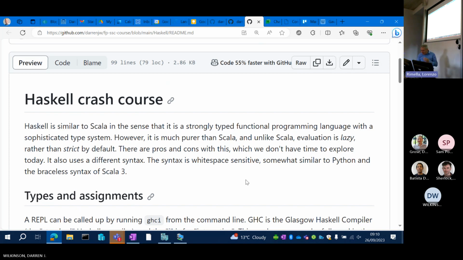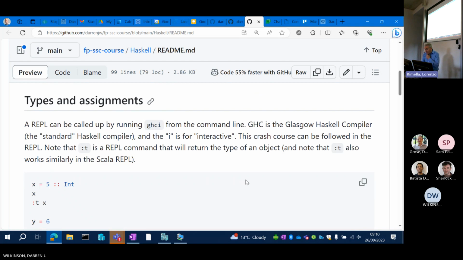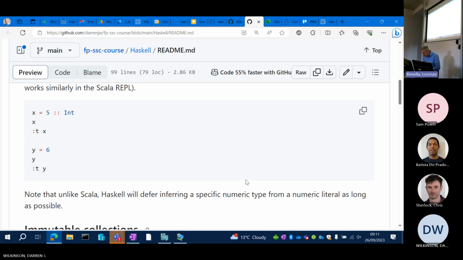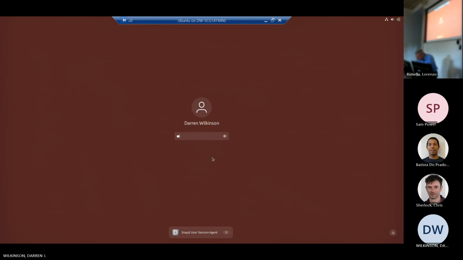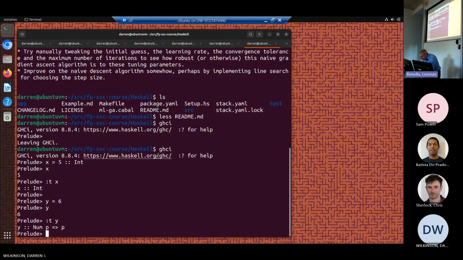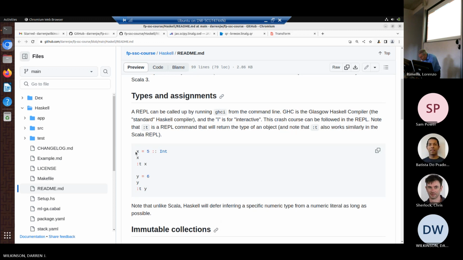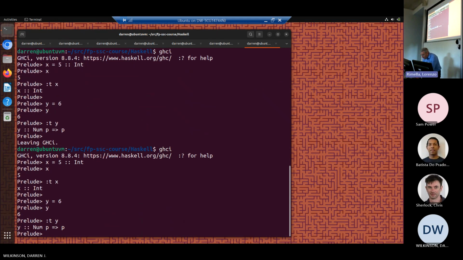But again, you'll see lots of similarities with Scala. So if you've got it installed, you should be able to just run GHCi to give you a REPL, just like the Scala REPL, and you should be able to start typing stuff in as you go. So here's some examples. You can just start pasting these into the REPL. So if I go to Ubuntu, here I've got a little Haskell REPL, and if I just start pasting stuff in, you'll see what happens. Okay, so what was I wanting to say here? Yeah, so